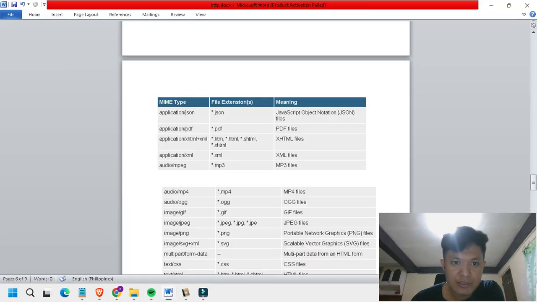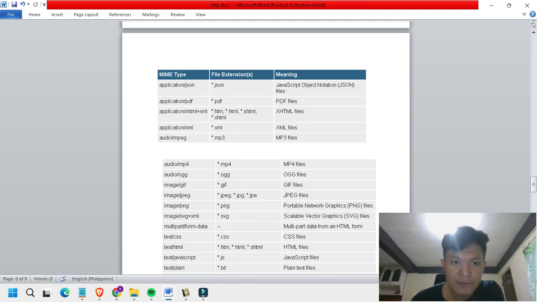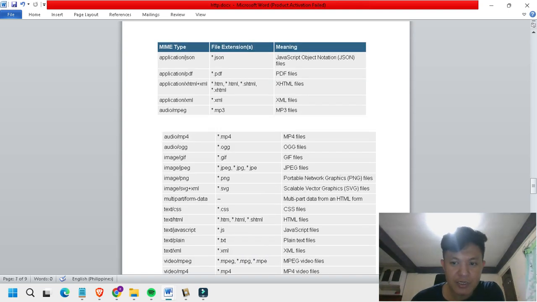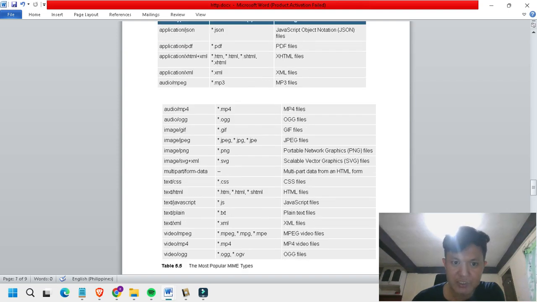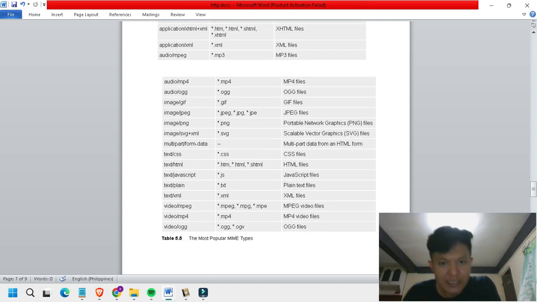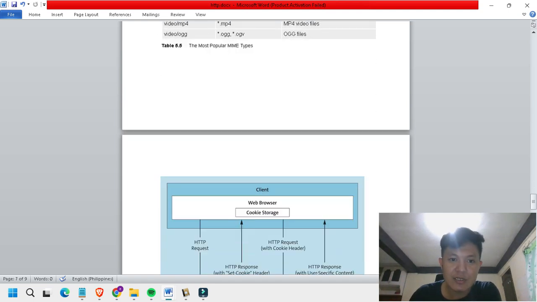So it's application slash JSON, application slash JavaScript. It starts with a high level description like application. It's JSON. So audio slash MP4, audio slash OGG, image slash JPEG, image slash PNG. We will discuss these data formats in the next videos.